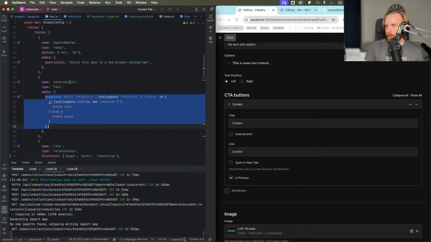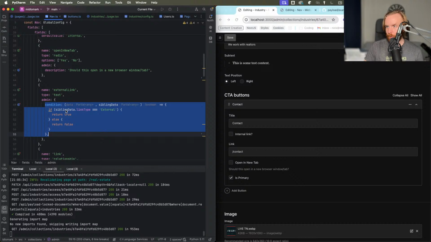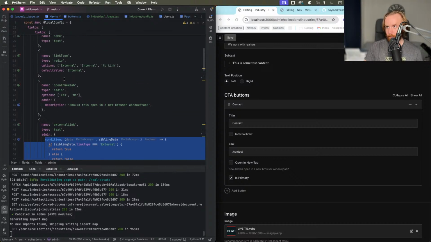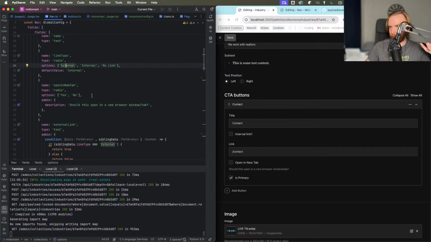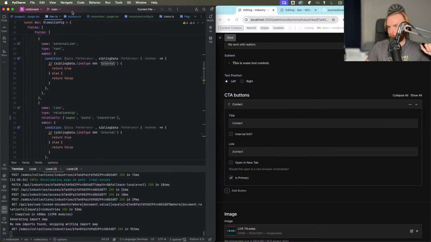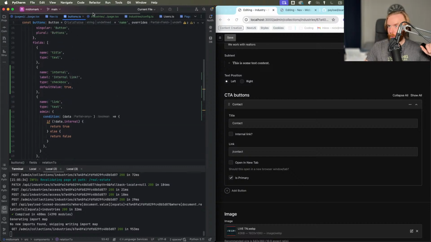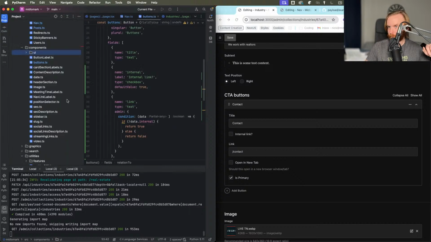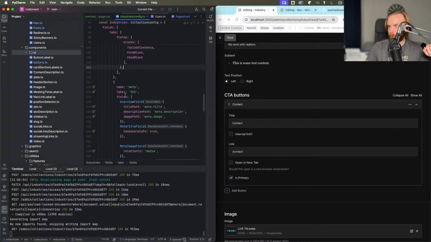working with our external link, which is taking if sibling data link type, which is up here, type radio, has external, internal, and no link, then it should just work. But it is not just working. So let's look back over at our, what is this? Probably, if I go to my industries config,